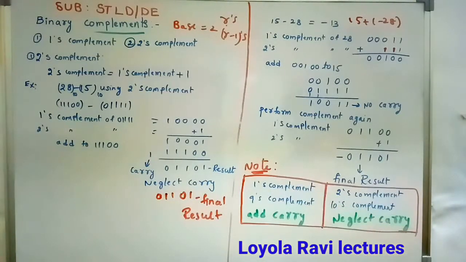This is about binary complements, 1's and 2's complement. If you want, you may perform 15's complement, 16's complement, 7's complement, 8's complement. Any complement you can perform. For example, for 16's complement, first find the 15's complement and add 1. For 8's complement, first find the 7's complement and add 1. The 7's complement is found by subtracting each digit from 7. For a 15's complement, subtract each digit from 15. Like this we can perform any complement.